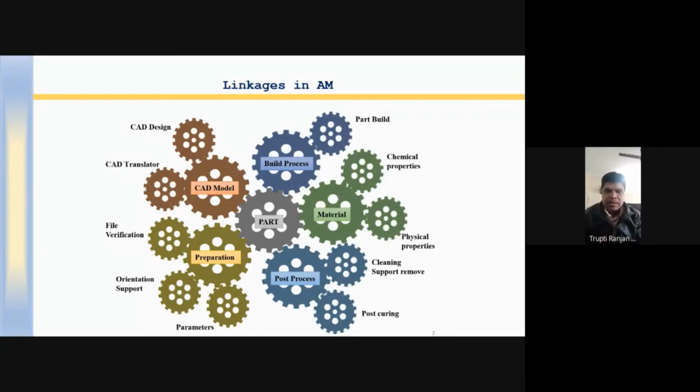Okay, so as there is no response from the participant side, there is a query: flat structures like mask or jewelry. Can you please complete the question, madam?